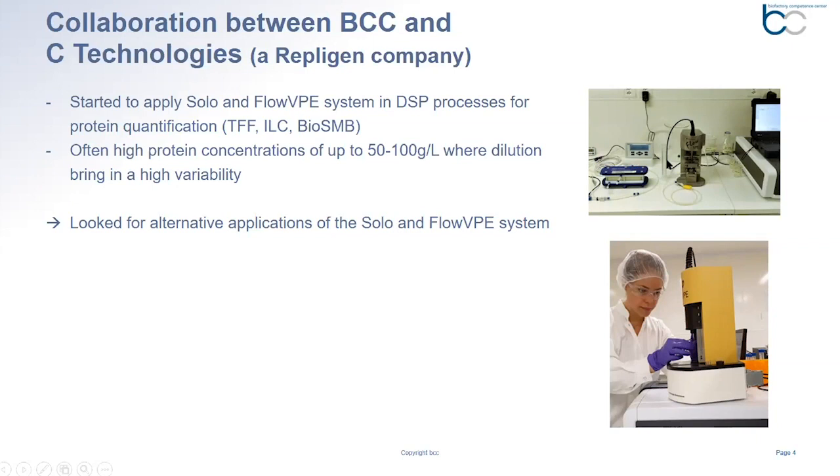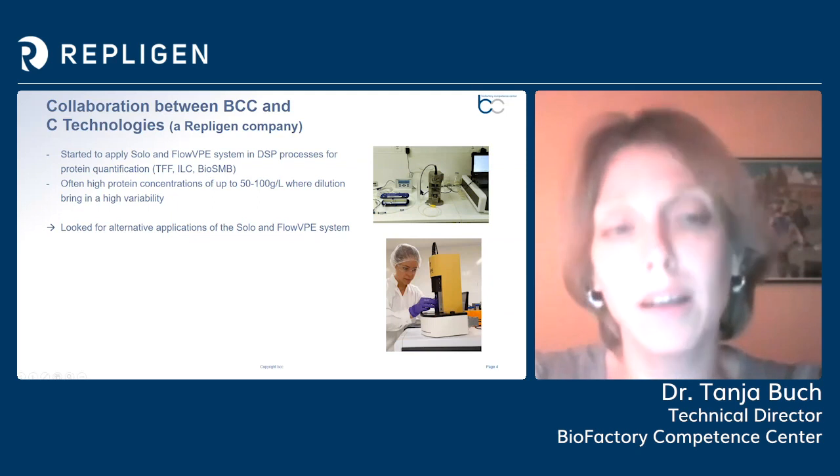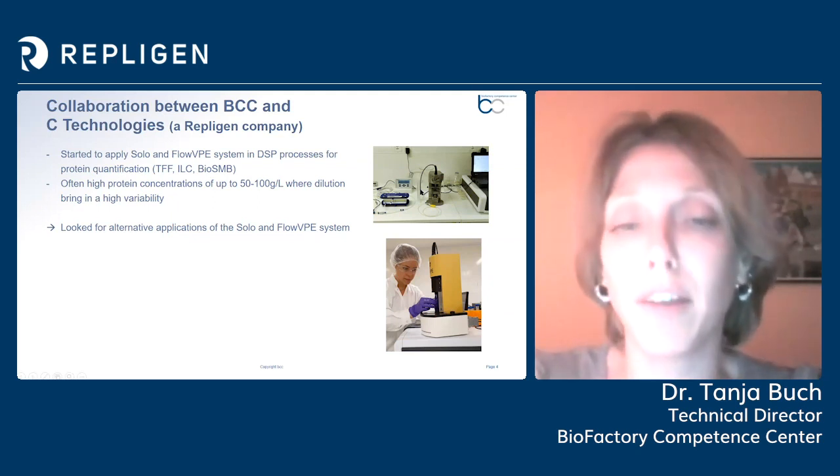We also implemented the flow prior to a continuous chromatography device, here not as a monitoring system, but more as a control device in order to control the protein load onto the columns and to avoid overloading your columns throughout the continuous process. Since this collaboration worked really well, C Technology decided to also provide us with their benchtop device,